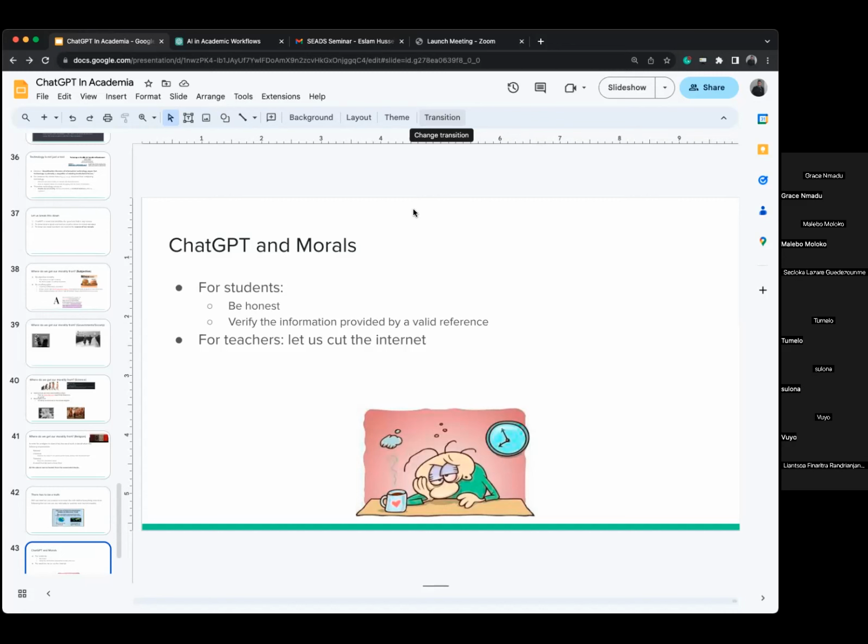The thing is, how can we use it? If we operate in the lower order thinking skills, then ChatGPT is going to totally destroy us. But if we look at the higher order thinking skills, then ChatGPT has more potential than anything else. So it's really how we end up using it that determines what it develops or not.